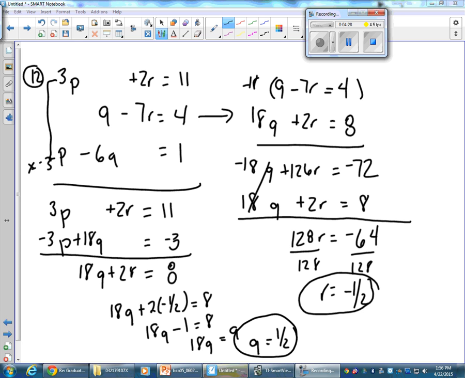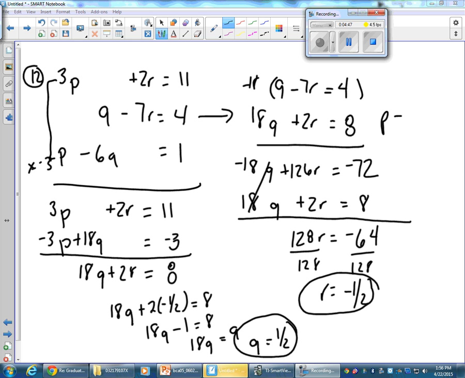So now I know what R is, it's negative 1/2, and I know what Q is, it's positive 1/2. And let's see, if I know what R is, I can find P. Actually here, this one, P and Q, and then I don't have to do any dividing. Up here I'd have to do some dividing. So P